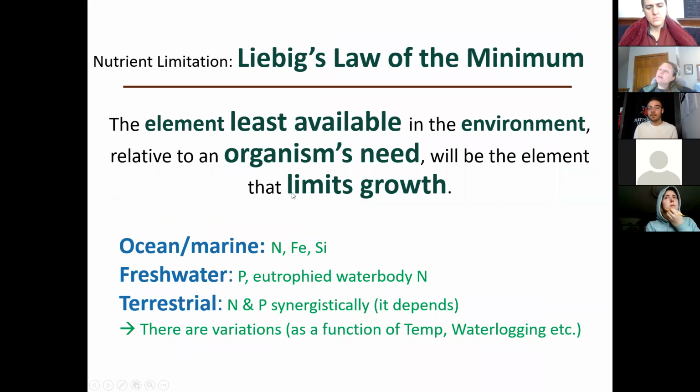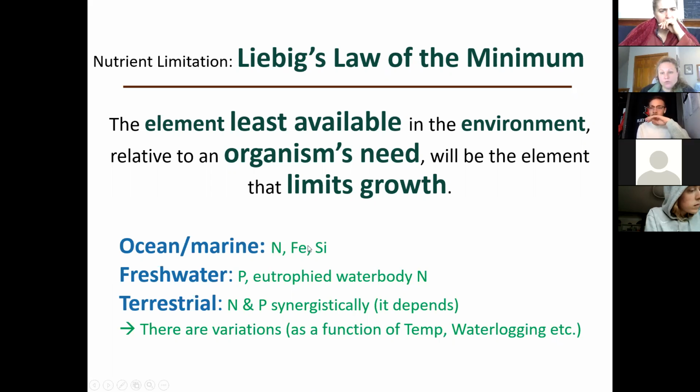Okay, so this idea of Liebig's law of the minimum, you might have heard it before, but as I've mentioned, if we don't have water, your plant's going to wilt, you won't photosynthesize well, right? If you don't have nitrogen in some cases, your plant's not going to be able to photosynthesize as well. And remember, we talked about 3 different places, right? Terrestrial systems, freshwater systems, and the marine systems. We mentioned there were certain nutrients that those places lacked, that if they didn't have enough of it, the plant wouldn't photosynthesize and they couldn't crank out the NPP, right?